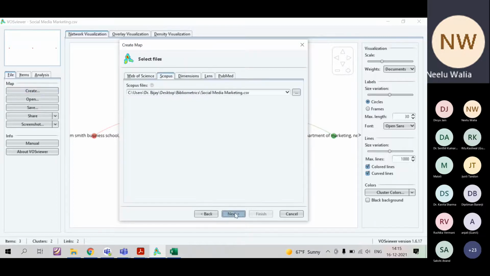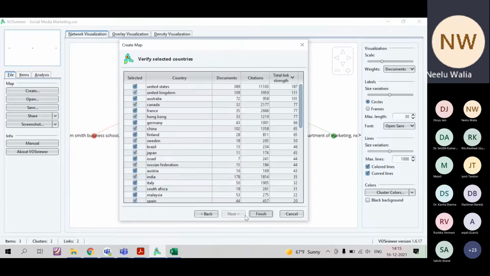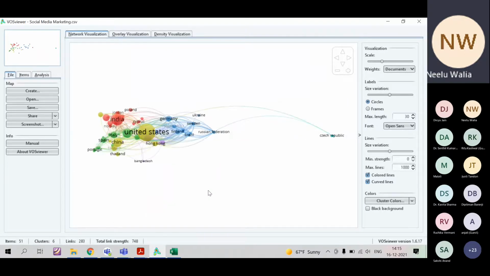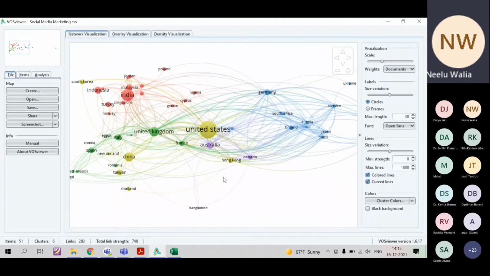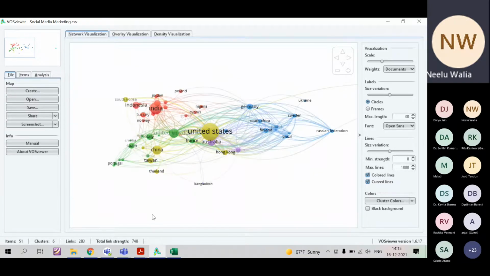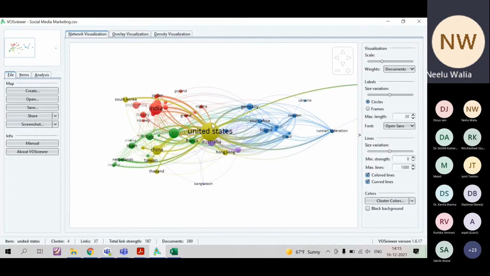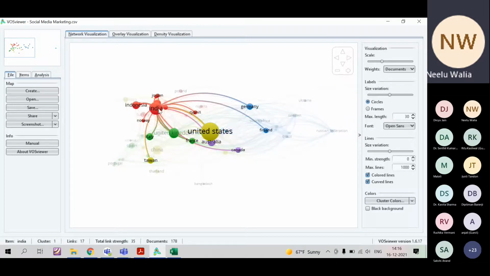So institution wise also you can see, and country wise, how people from different countries are writing papers with each other. Now if I increase this, only then will I come to know. Okay, people from the United States are writing papers with people from many countries. Here the circle indicates that people from the United States, followed by India, are collaborating with the highest number of people from different countries.